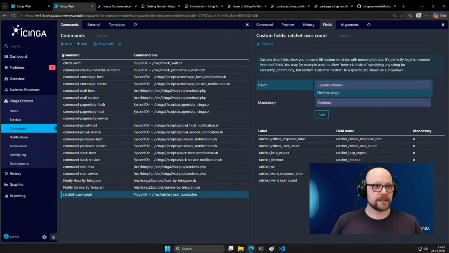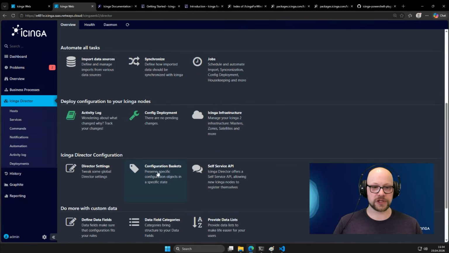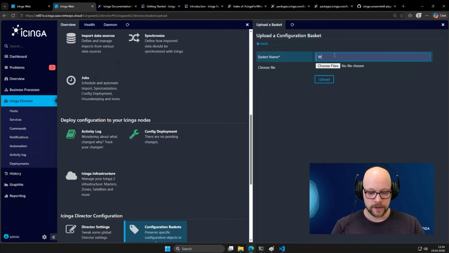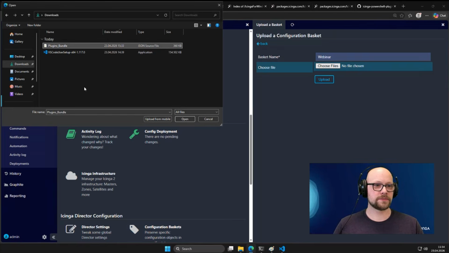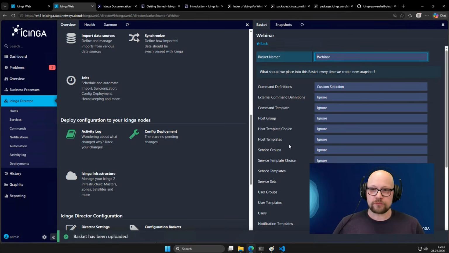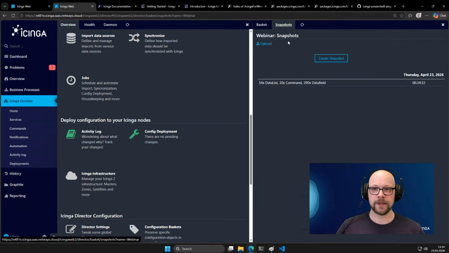So let's head to Icinga Web, to the Icinga Director, and then we go to configuration baskets. Then we click upload. We give it a name, webinar. Then let's head to downloads, plugins bundle. We open that, and then we click on upload. And now we don't have to do anything on this page here. We just need to hit snapshots, click on the snapshot that's created here,